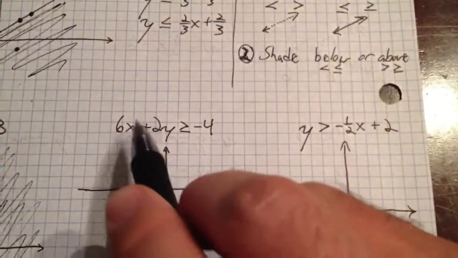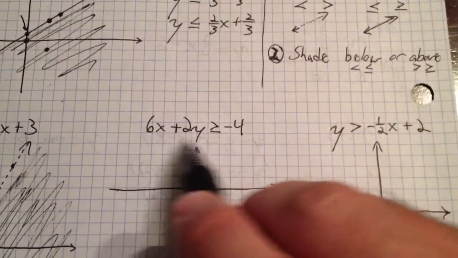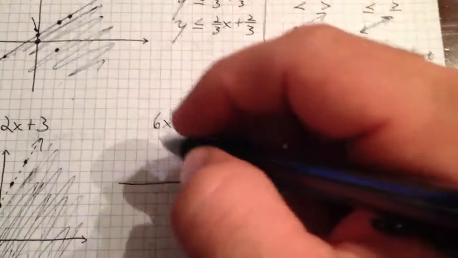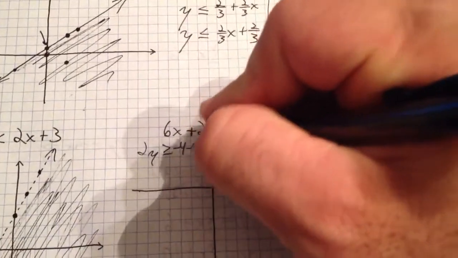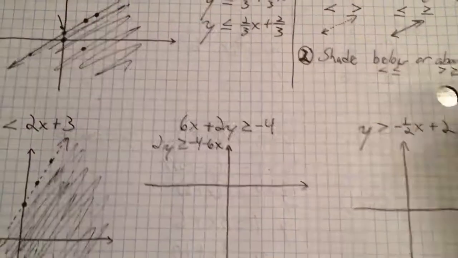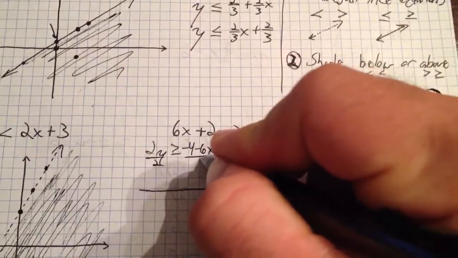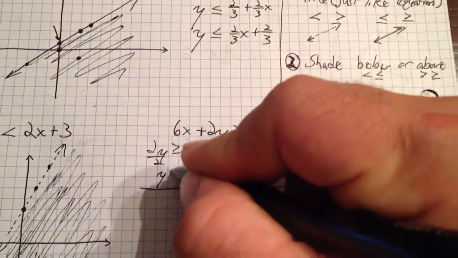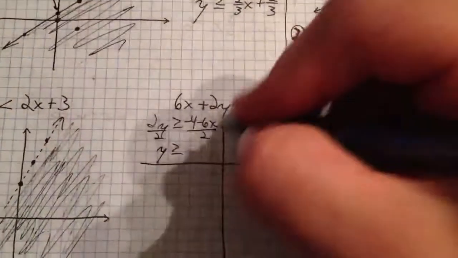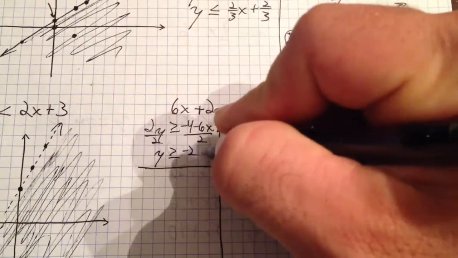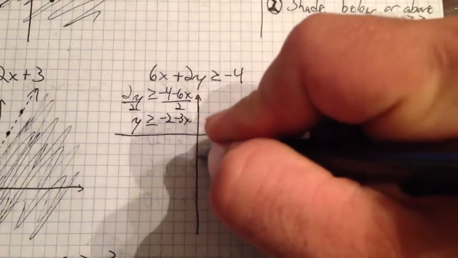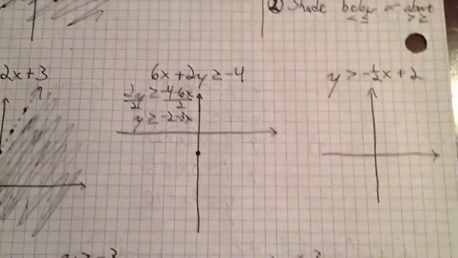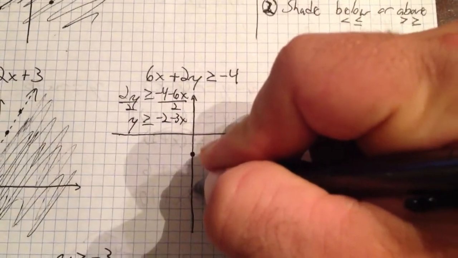On this one, you're going to have to solve it first. So the first thing you're going to have to do is subtract the 6x over to the other side to end up with negative 4 minus 6x. Then you're going to divide by 2. Once you divide by 2, that will give you y is greater than or equal to negative 2 minus 3x. So if you begin at negative 2, and then you go down 3 over 1,